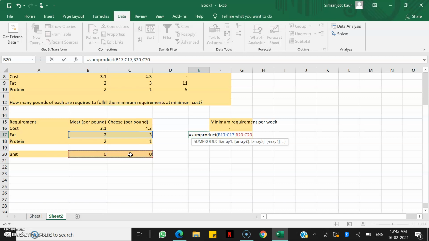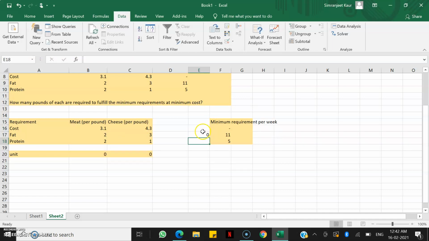Now because I want this to remain fixed, I can press F4 and we will get the $ against the reference, and this fixes our reference for the second array. I'll press enter. This is 0, the reason being we have units as 0. If I change it here, let's say to 5, you see this is also changing to 15. Now let's keep it at 0 again.